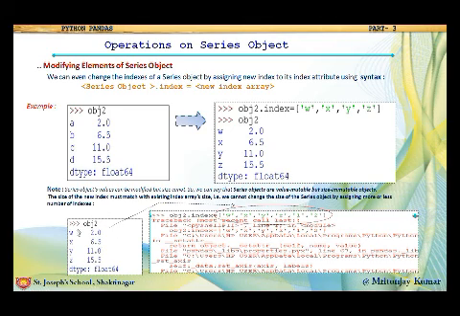You can see in this example, there is obj2 having 4 values with 4 indexes. But if I try to modify the index by giving more or fewer indexes, it will show an error message. Here I am trying to modify it by giving 6 indexes, but previously there were only 4. So I am giving 2 more indexes, and Python will give an error in such cases.